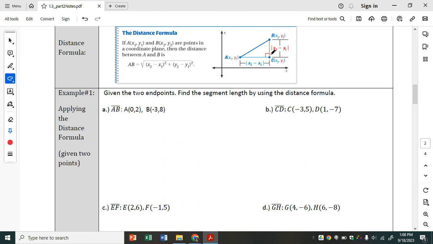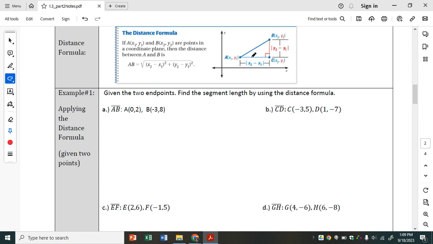In this diagram in your notes, we have a right triangle here. The distance formula is derived from the Pythagorean theorem, which you guys probably had learned sometime in middle school, which we will get to this year. It's just not anytime soon. So I will go back over how the distance formula is derived from the Pythagorean theorem, but for right now,